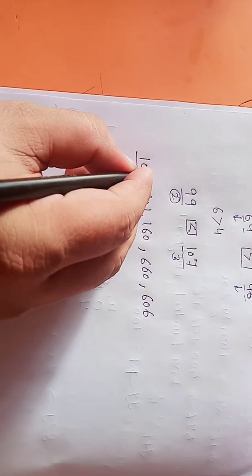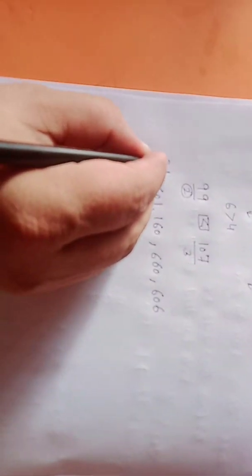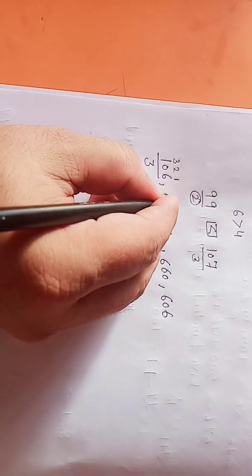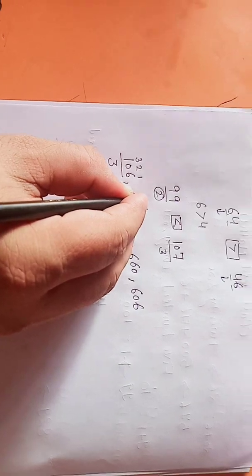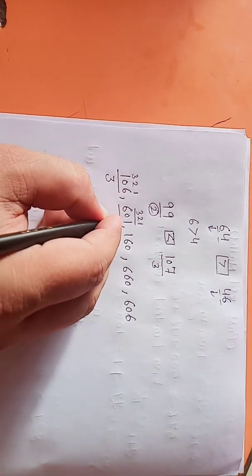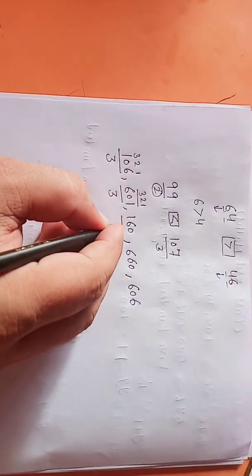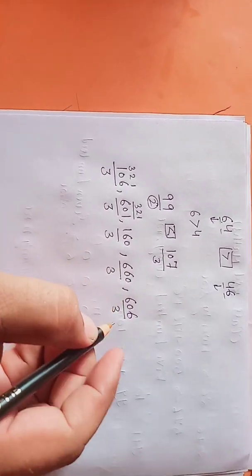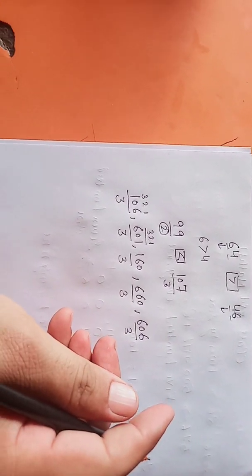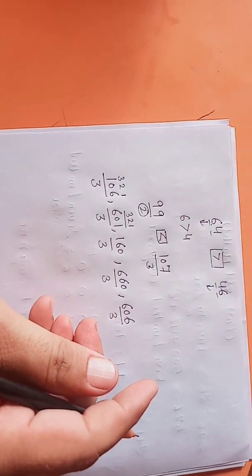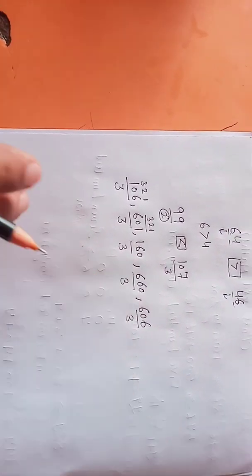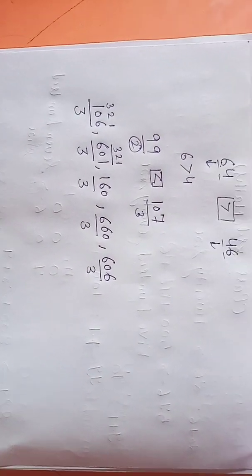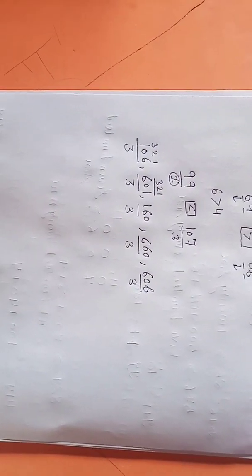You can count digit. 1 digit, this is 2 digit, this is 3 digit. How many digit? 3. Here also how many digit? 1 digit, 2 digit and 3 digit. How many digit? 3 digit. In this way, all containing how many digits? 3 digits. So by this method you cannot decide. So then what you can do? You can check digit, which digit? First digits from the left side.